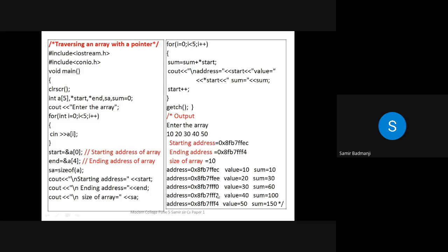Then added by 2, 2, and this is 4. So every time that number is added, 10 is added, then 20 is added, 30 is added, and we are just printing the sum. So this is one of the practicals for the 12th standard. Pointer variable. So all of you understood this?